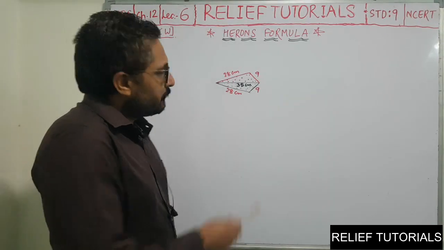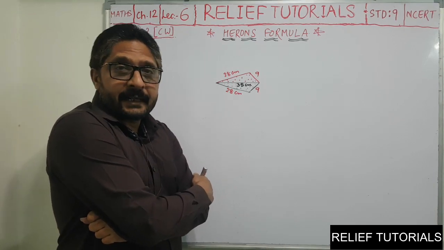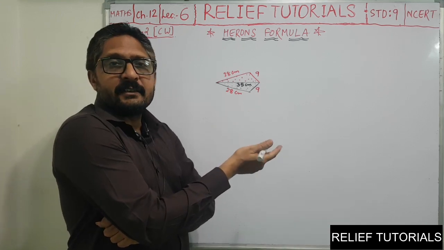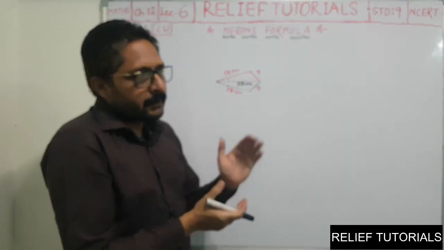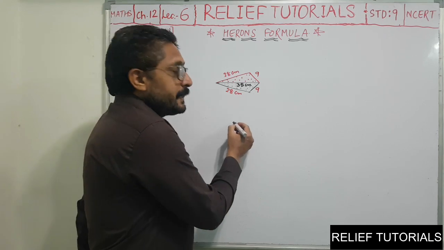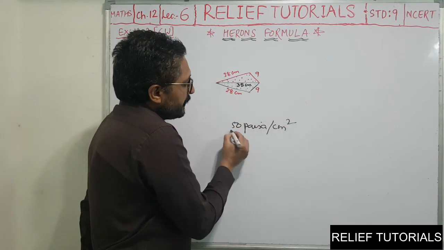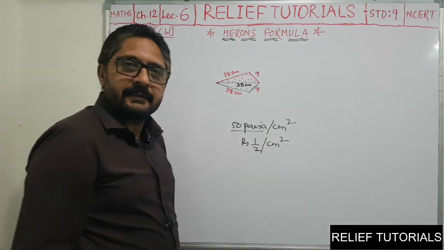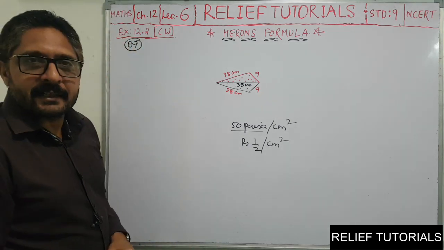So here we will find the area of one triangular tile. Then altogether how many tiles are there? 16 tiles are there, so we will find the area of 16 tiles. So we will get the total area of the floral tile. Then we will find the cost of polishing, and the cost of polishing is 50 paisa per centimeter square. So 50 paisa means half rupee per centimeter square. Now, all the parameters are given.